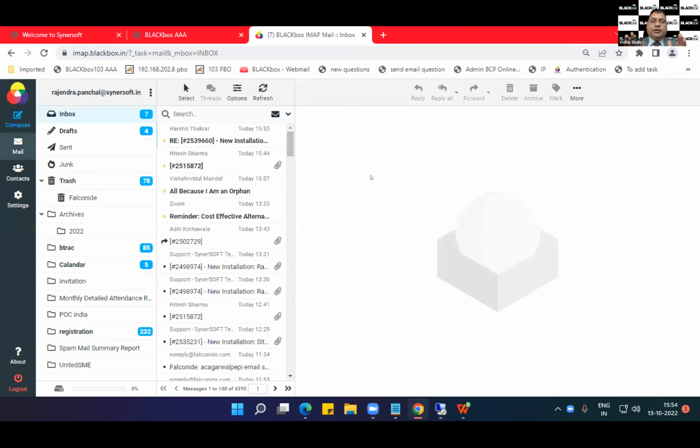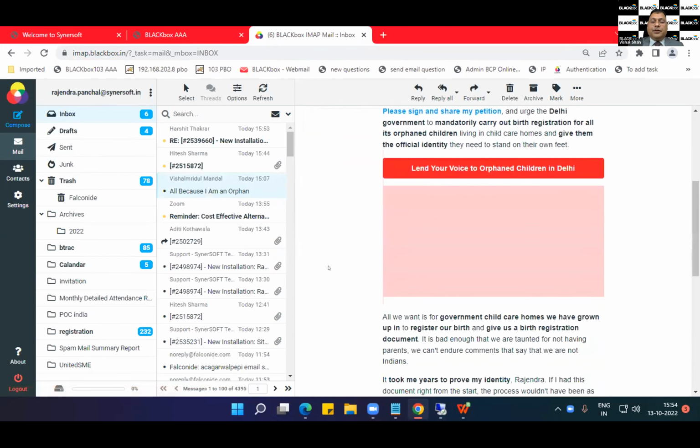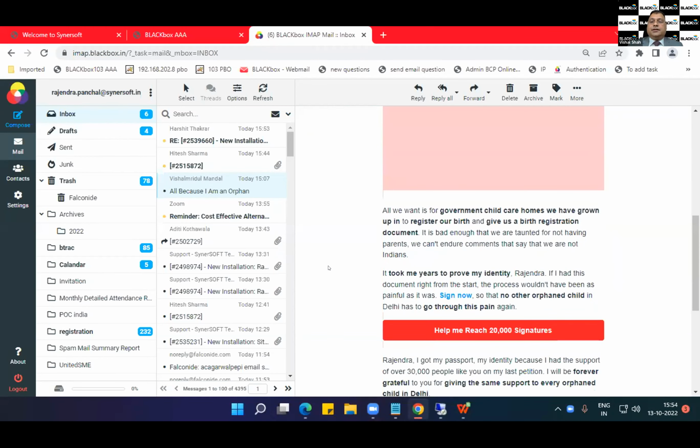The rest of the 40 users will have this interface. But this is also a good interface and you are saving a lot of money. And these users do not have very advanced requirements. So this is the web-based interface. Okay, so this is about the email system.